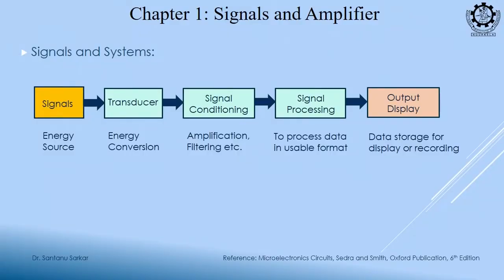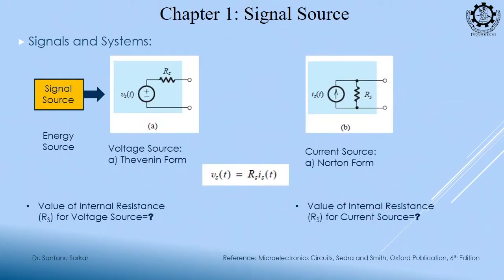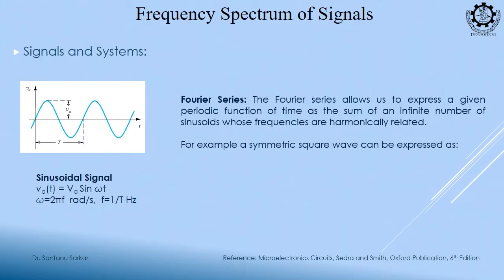Good morning. So, we will continue our class on analog electronics. Today is lecture 2, and let us quickly recap what we have covered so far. We have covered the signal chain of the amplifiers, and we discussed the voltage and current sources and their internal resistances. We discussed frequency spectrum,